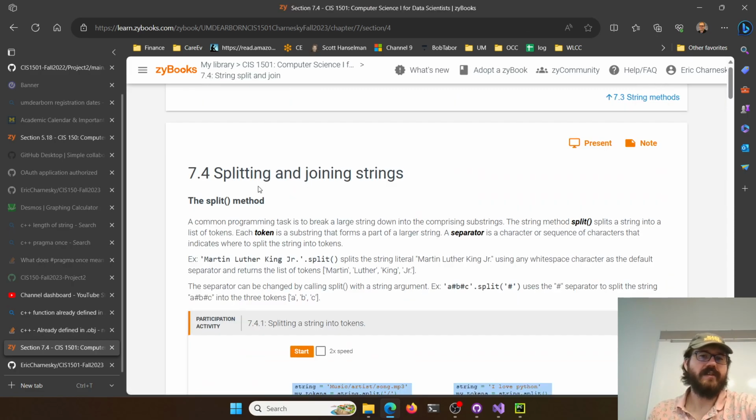All right, and then the last string piece here, we did it the hard way. You can actually split a string automatically. We don't need to find the first index of something and then take a slice and then find the next index starting at that and then take a slice. You can just call split.